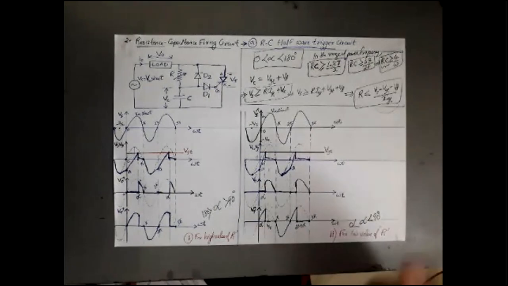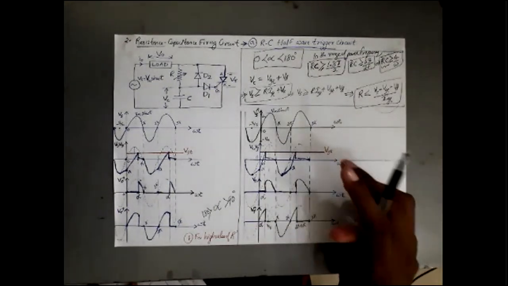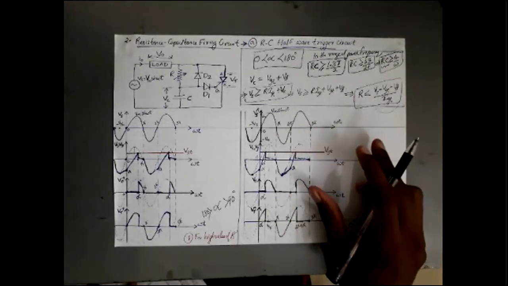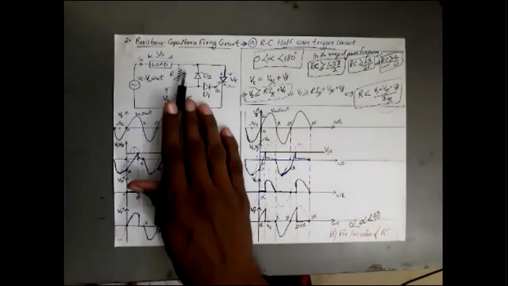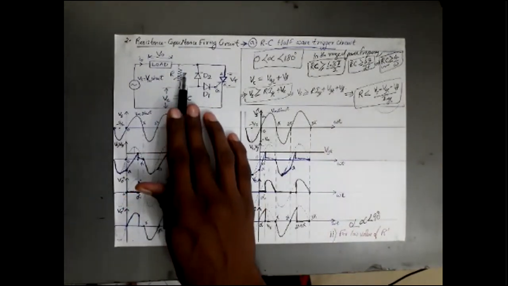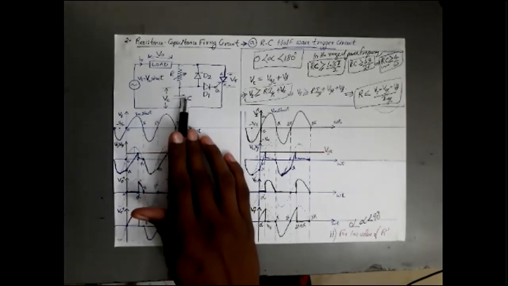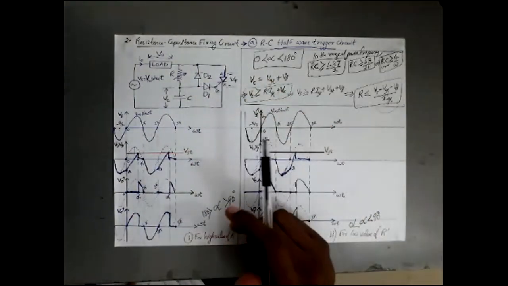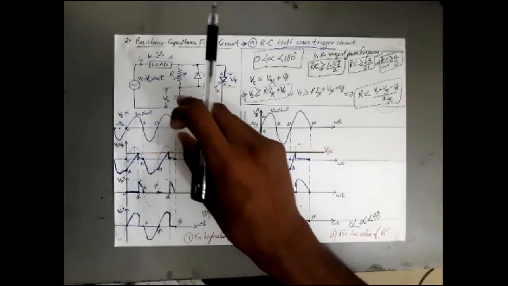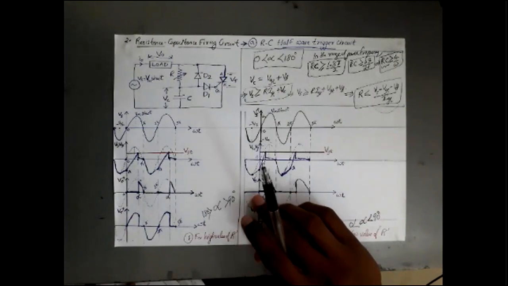Okay. The main important point we have to keep in mind is that in the RC half-wave trigger circuit, I can vary my alpha from 0 to 180 degree just by varying the resistance R. How did the name RC come? By varying the resistance R, I can vary the alpha. But how did C come? That C is the capacitor which is connected across gate and the cathode, so that VC will be appearing across my gate cathode, which is used to trigger my gate circuit. Hope it is clear for you. Okay.